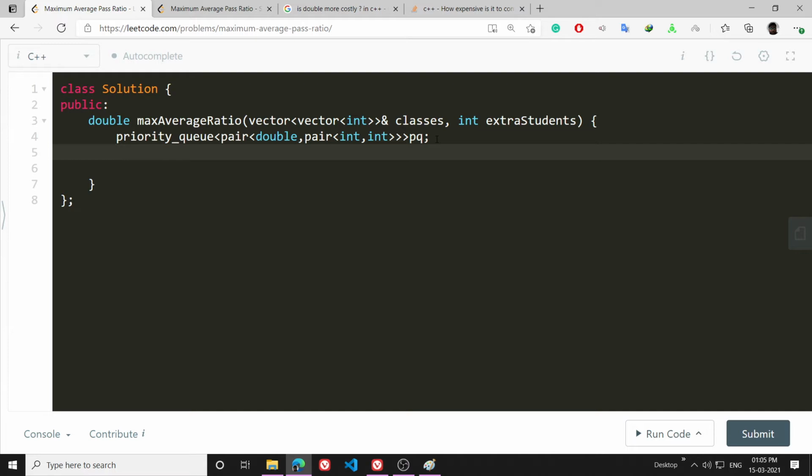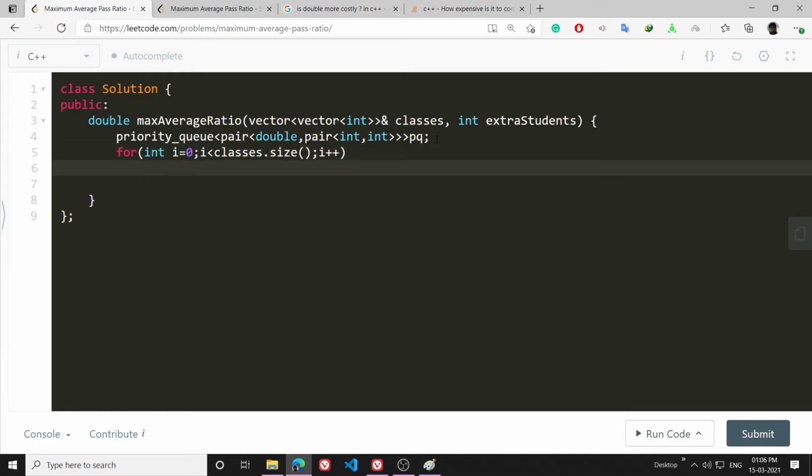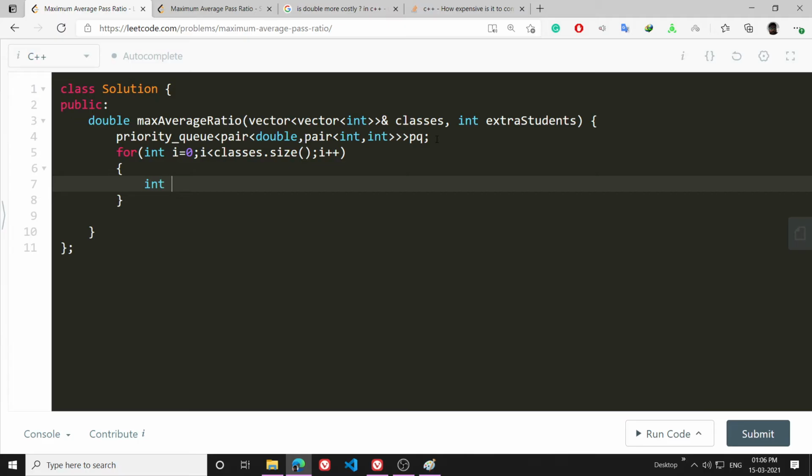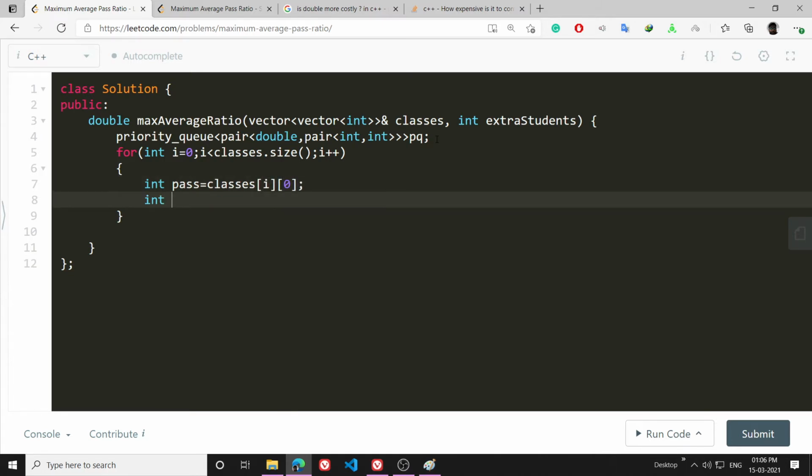Now I will just traverse through my classes vector and add each class into my priority queue. So for int i = 0; i < classes.size(); i++, and then I will make a variable int pass. So these are the students who can pass the exam, classes[i][0], and I will make another called total. It's not really necessary, but it makes it clearer to understand. Okay,